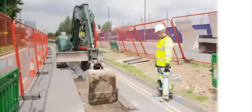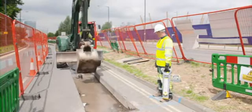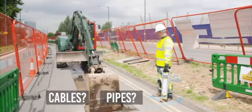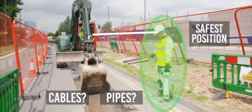An excavation banksman will need to be positioned such that they can see into the excavation to identify hazards but still maintain a safe distance with clear line of sight. The safest position is therefore not directly in line with the boom, but to one side, between the boom and